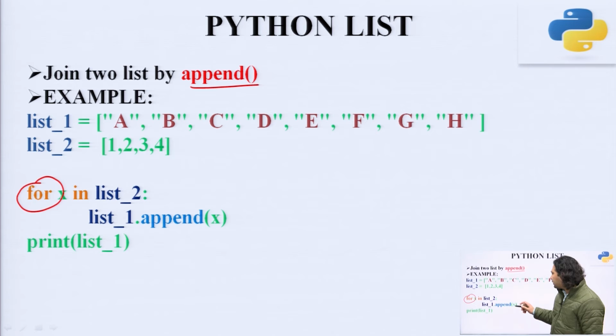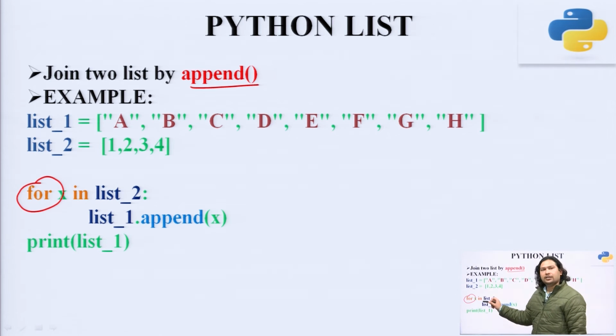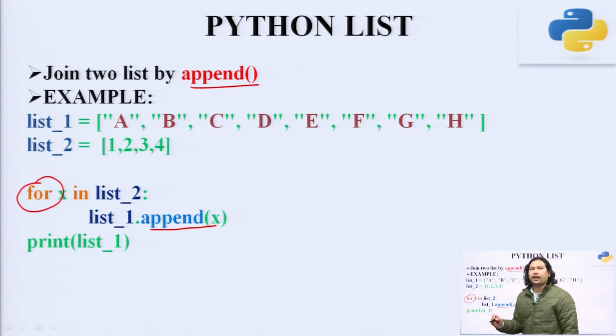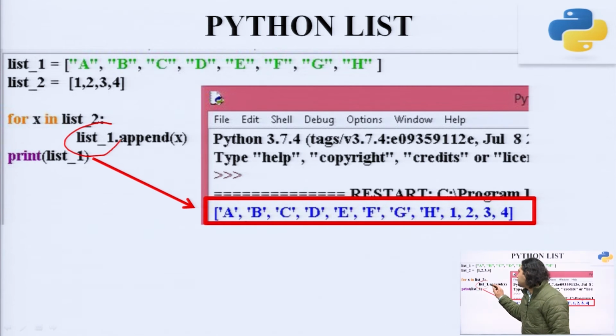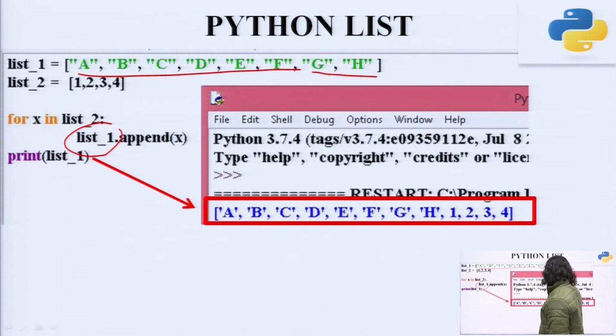When we are discussing the for loop, at that time I will make sure this looping operation with the for loop is clear. So, here you just need to see that yes, we can use this append method to add the elements, and in the output you can verify it: A B C D followed by 1 2 3 4, because we are appending in list 1, the list 1 is this one, and in appending, the last position is occupied with the new one. So, the last position goes to 1 followed by 2 followed by 3 followed by 4.